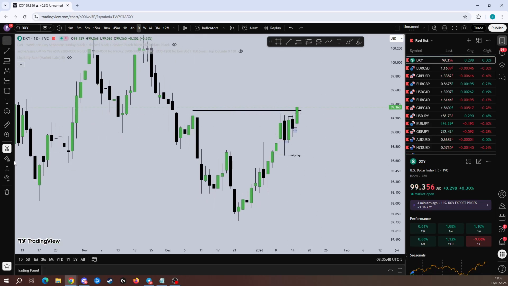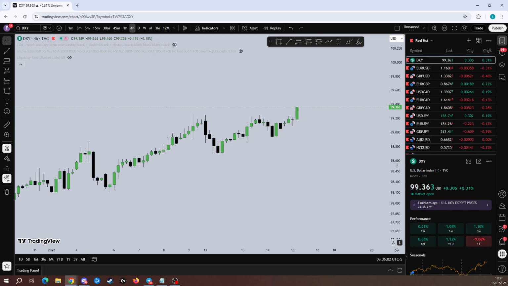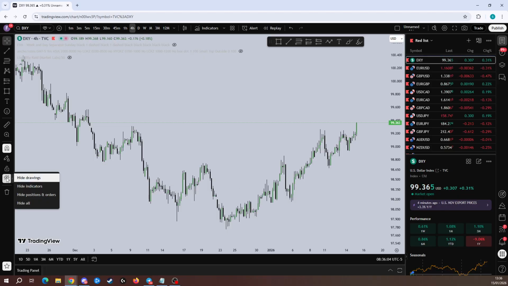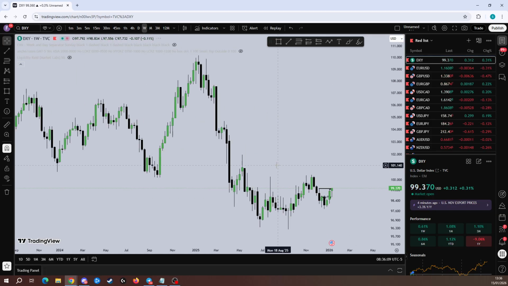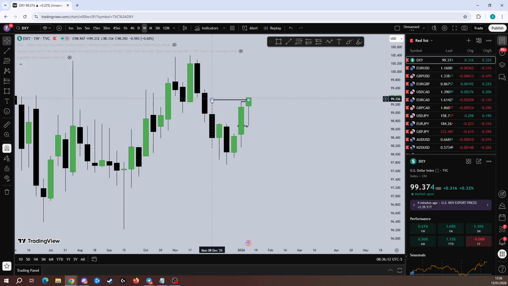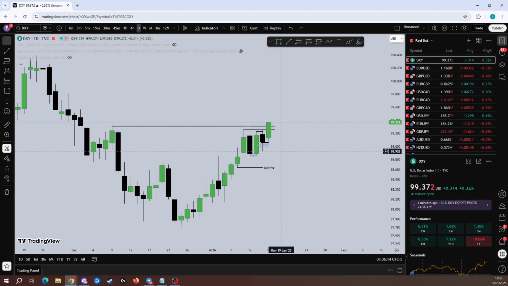On a daily, we had these triple equal highs. We had this high, and then we had these daily highs stacked up. And so we have this external high. We have these internal lows, opening gap, daily fair value gap. So we're going from internal to external, and internal to external is usually the most high probability play because it's always in line with the high time frame order flow. And we have this equal high being a weekly fair value gap, which is a really high probability draw on